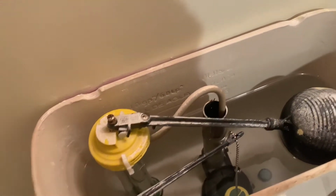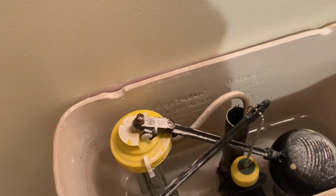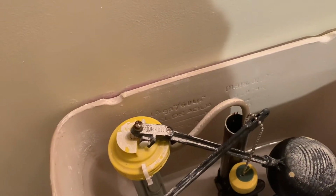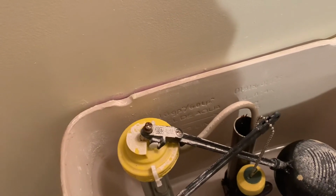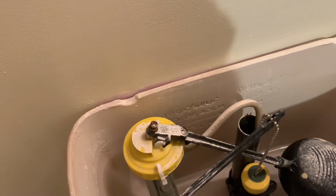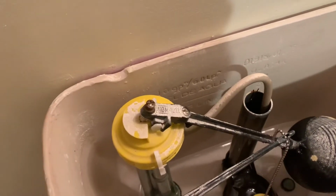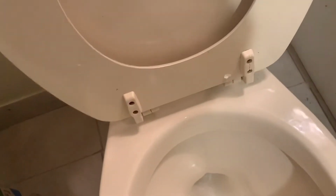Okay, so now we have to turn so all the water comes out. Okay, so you can see all the water come out, and you see here the water